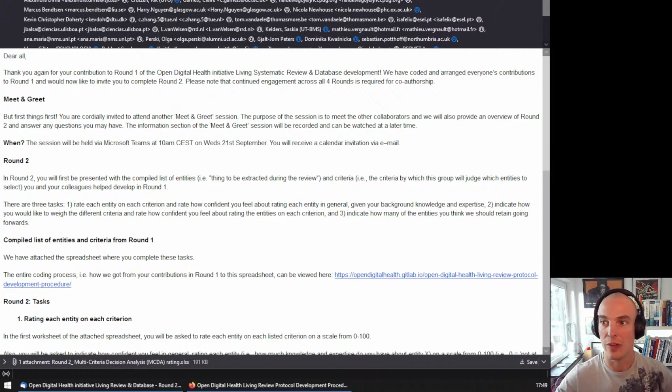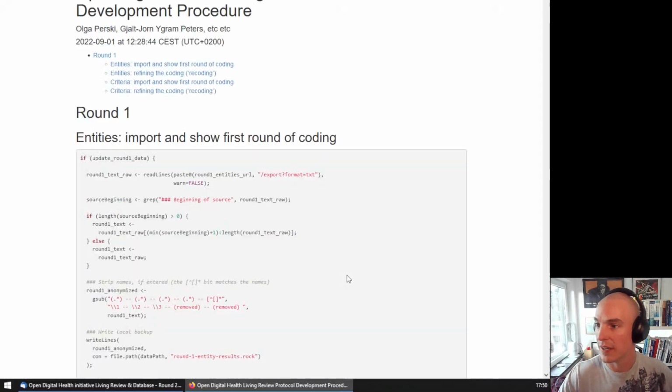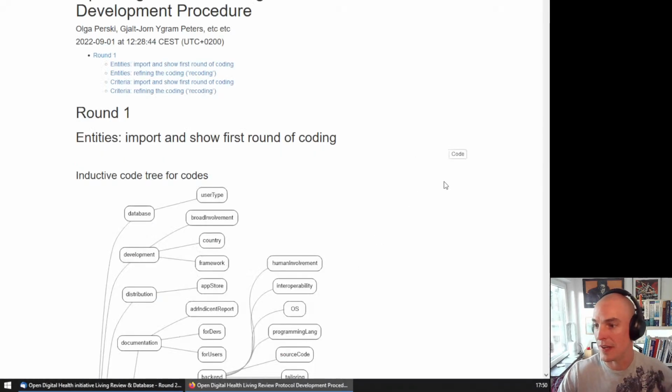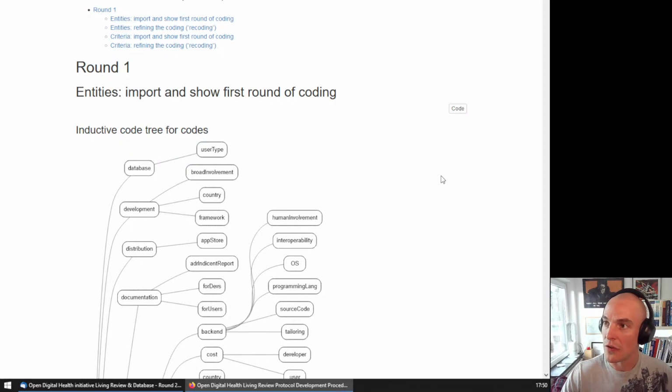So you will all have received this email a while ago, which basically explains roughly what the tasks consist of. One of the things that might be useful to do when you start is to look at the codes themselves, or the entities themselves, because the entities, the things we'll extract, are kind of hierarchically organized. We try to cluster them together because that makes it a bit easier to rate them as well. So if you click that link, you see